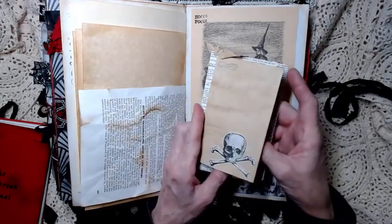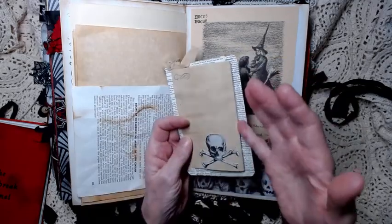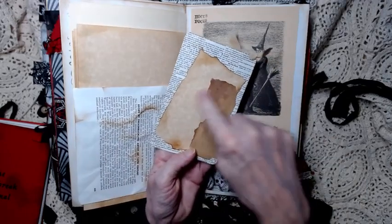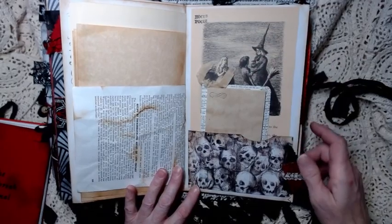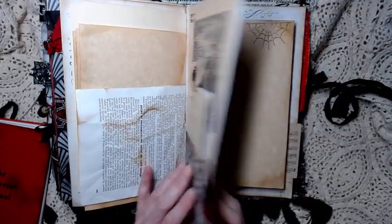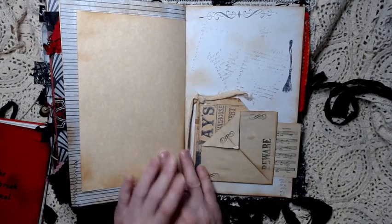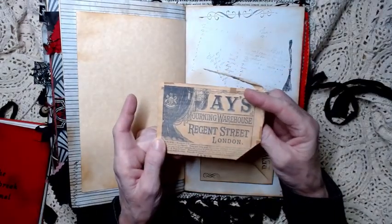This is a journaling tag, and this is a fold out. Then there's a pocket behind there as well for you to hide stuff in, and that's a dictionary page with some extra writing space on that side. Goes into this pocket made from a paper pack. Little textile tab here. Journaling space here, paper pack paper. I thought that was cool because it had its own lines. Journaling space, and then this is a tag made from,